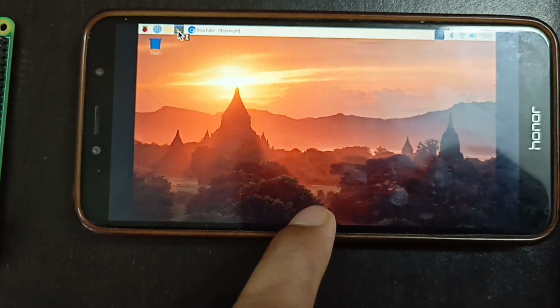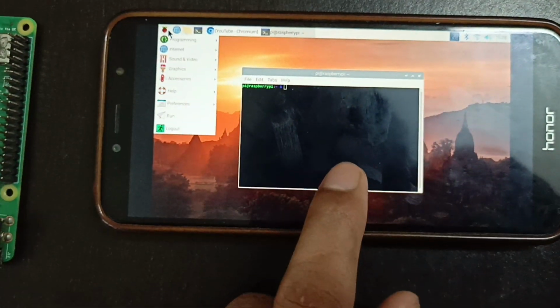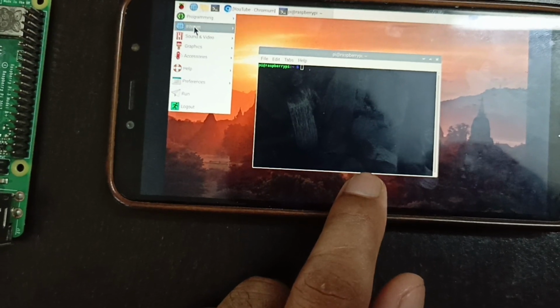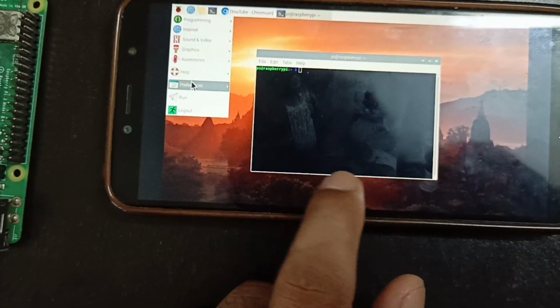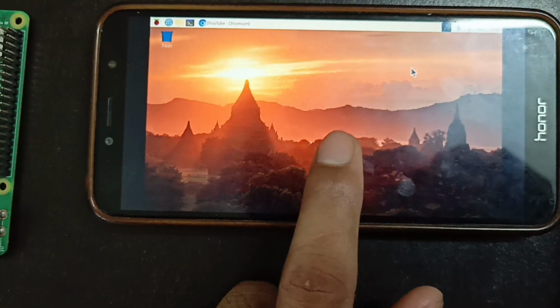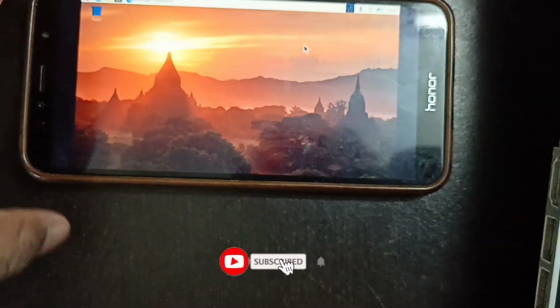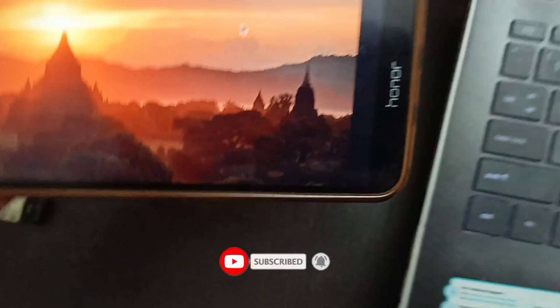Here you can see this is terminal command and this is menu. Okay, and you can see we can use simultaneously with system and mobile phone.